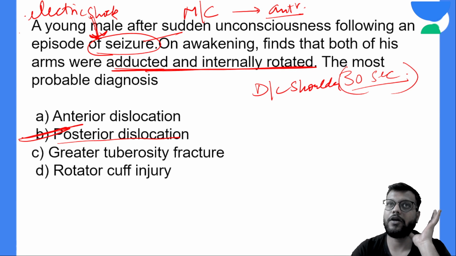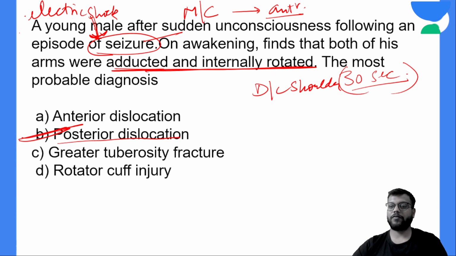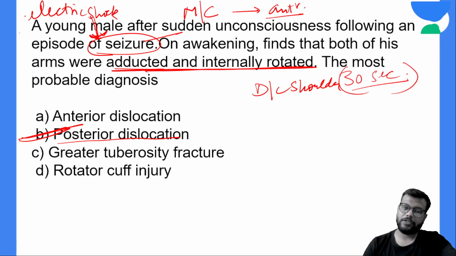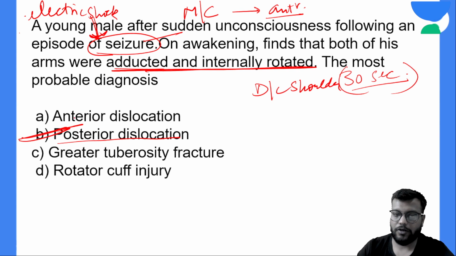And what will happen in anterior dislocation? You will have attitude of external rotation, abduction, Dugas test, and loss of the contour, Hamilton ruler test. All these are of shoulder dislocation. The treatment of choice is reduction and following it, maintenance by the use of a sling. Okay, and reduction can be done well. In case of recurrent or habitual shoulder dislocation, there can be rounding off and you need surgery, and very rarely there can be Bankart's or the Hill-Sachs lesion also. So here the diagnosis is your posterior dislocation.